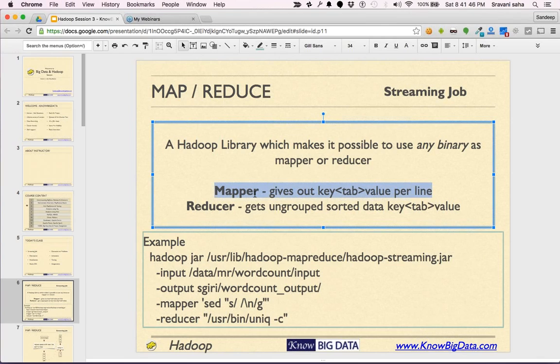So the mapper has to give out one key value per line, although it may give many key values, or it may choose not to give any key value.